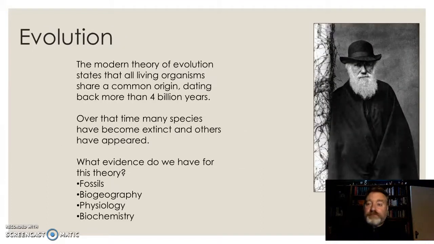Okay, so this obviously is about evolution. Change in biodiversity is about evolution. So here's our friend Charles Darwin again, who came up with this modern theory that states that all living things, so everything alive on this planet at present, we can trace the DNA back 4 billion years. The DNA has been here for 4 billion years. The life forms that have taken place in that time have changed enormously. Many species have obviously appeared, many others have become extinct.